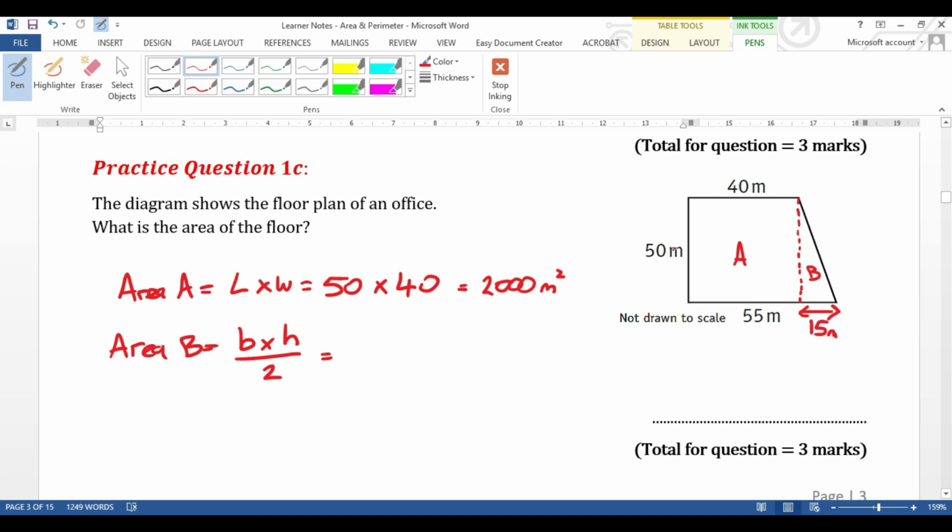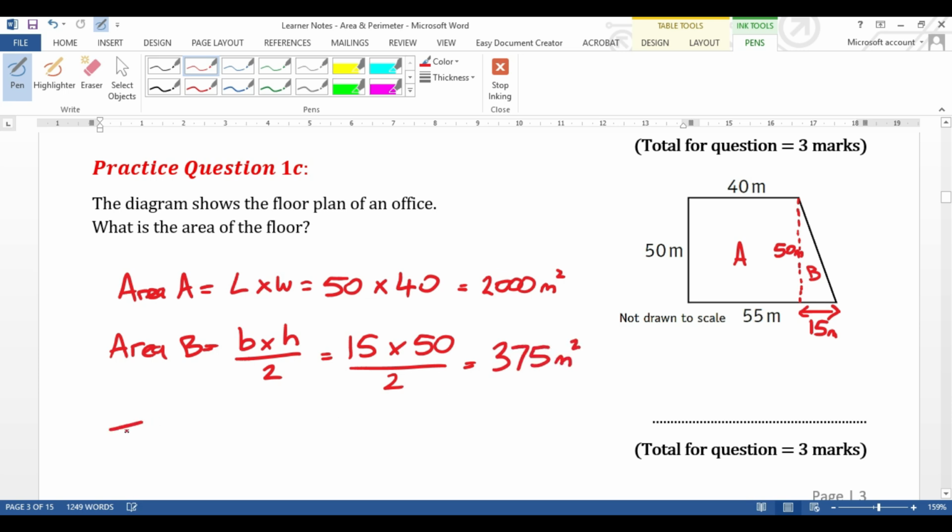And the height is going to be the same as this length here, which is 50 on that side. So 50 is the height of the triangle. So 15 times by 50 and divided by 2, which gives me 375